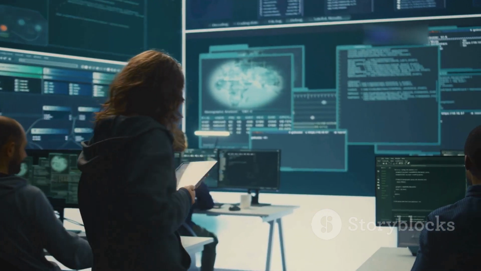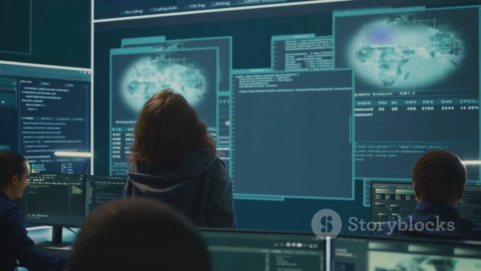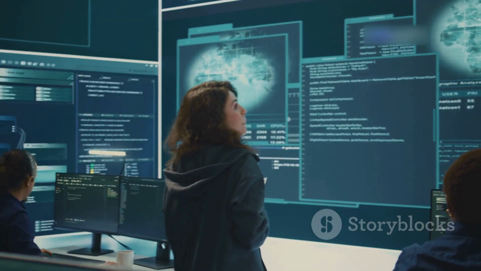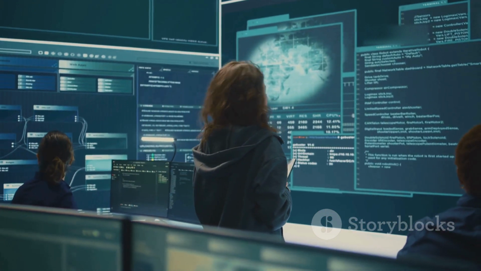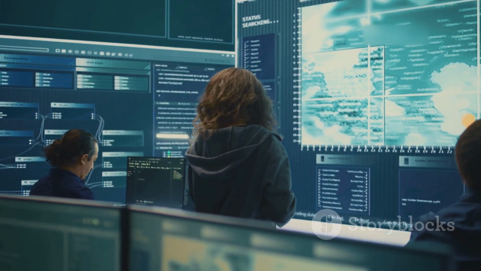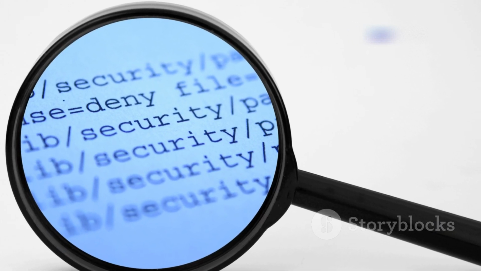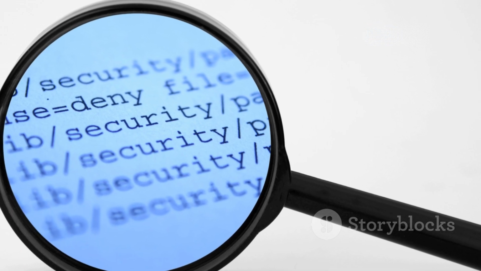This powerful tool lets you intercept, inspect, and modify traffic between your browser and a website, giving you deep insights into how web applications work and where they might be vulnerable. Whether you're looking to find SQL injections or cross-site scripting vulnerabilities, Burp Suite has you covered. It's like having X-ray vision for websites, allowing you to see through the layers of code and understand the inner